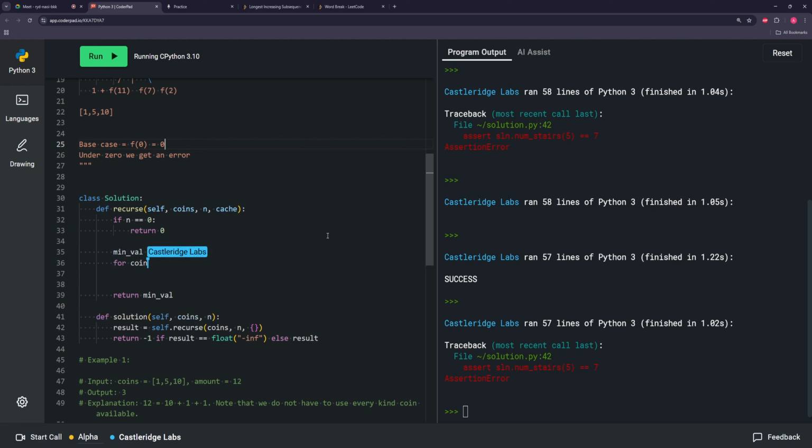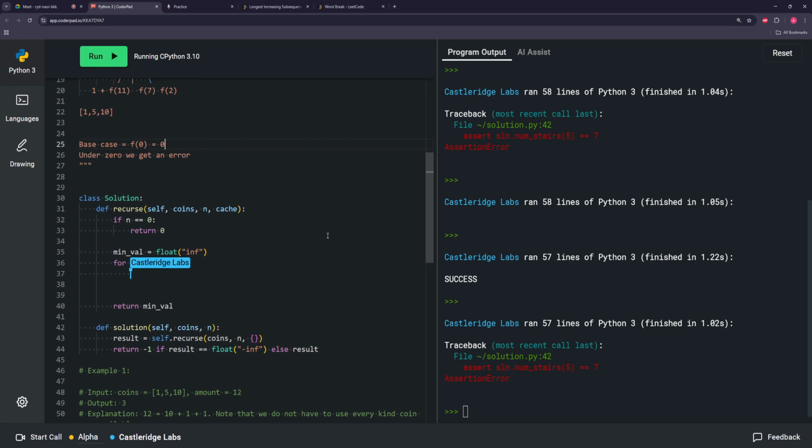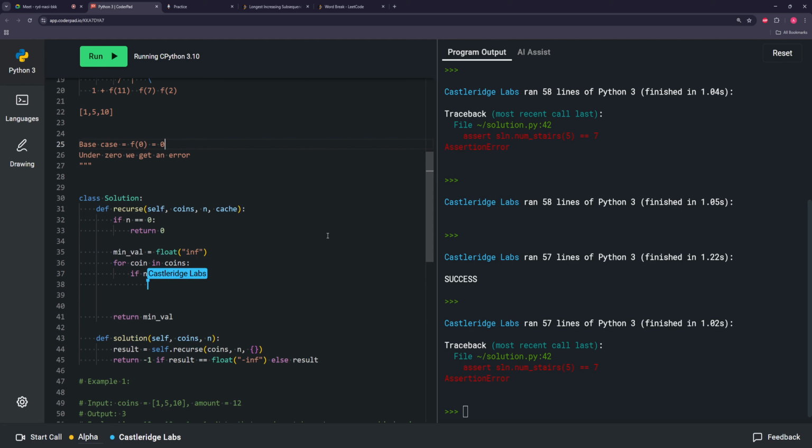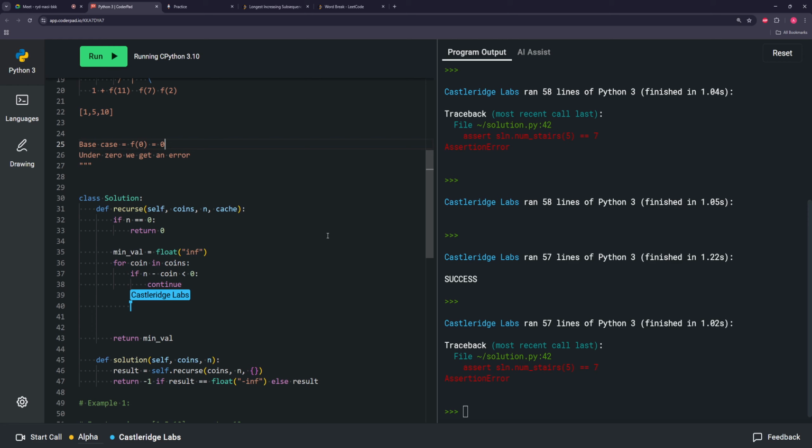So for coin in coins, if n minus coin is less than 0, then we just continue. We don't want to deal with that case, so we don't want to recurse there. Otherwise,